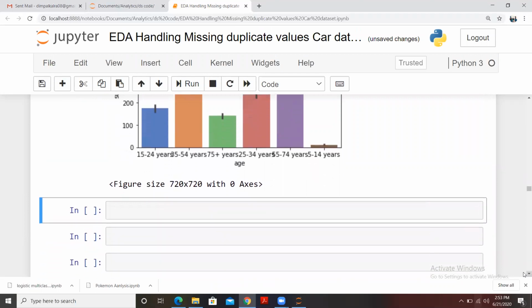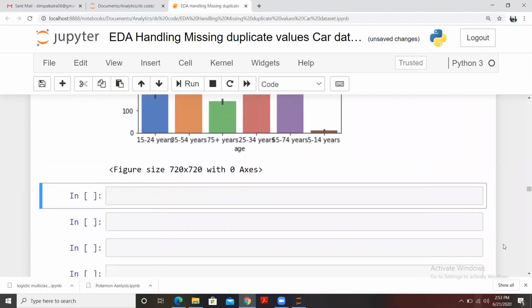Now you have checked that, and you have created a bar plot for suicide and age. Sorry, that is not numeric, that is a categorical value, because age is in different bins, or you can say categories.